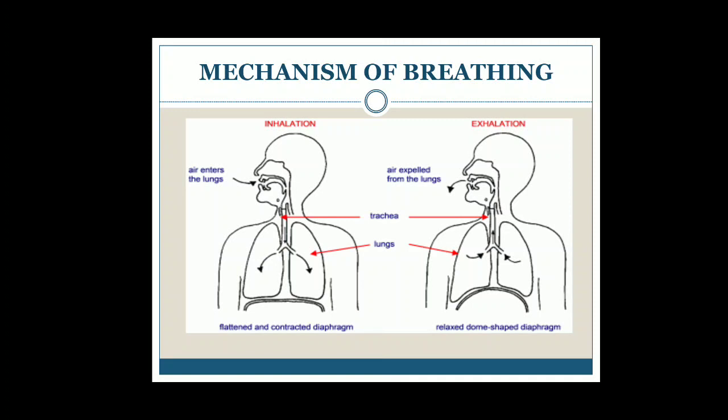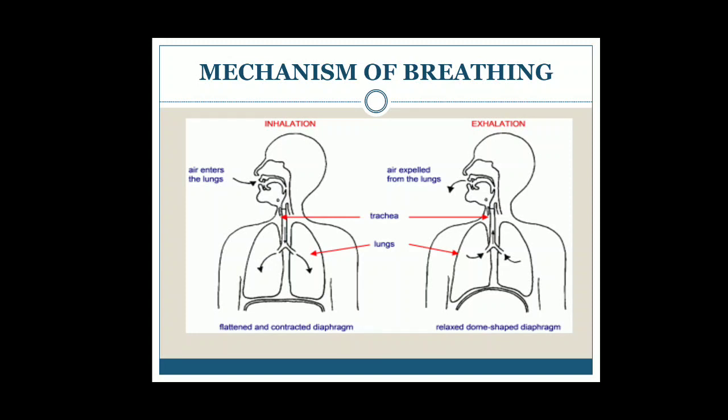So what will happen? The chest cavity, or the pulmonary cavity, will increase. So there will be less air inside the lungs because it has expanded, and there will be more air outside the lungs. So automatically the air will enter our lungs. So it occurs by 2 processes. First, the diaphragm becomes flattened, and the ribs move upward and outward and make the chest cavity increase in size, by which the air moves into the lungs.